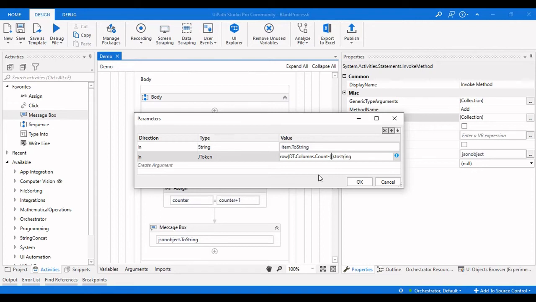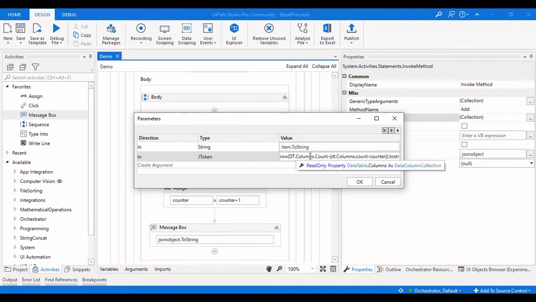what needs to be taken out is dt.columns.count minus counter. So here the counter value would be 0 the first time, and dt.columns.count would be 2. 2 minus 2 is 0, so row of 0.